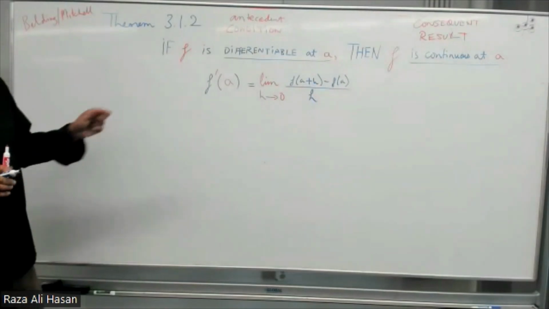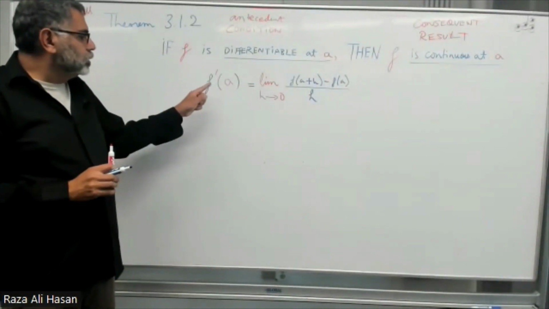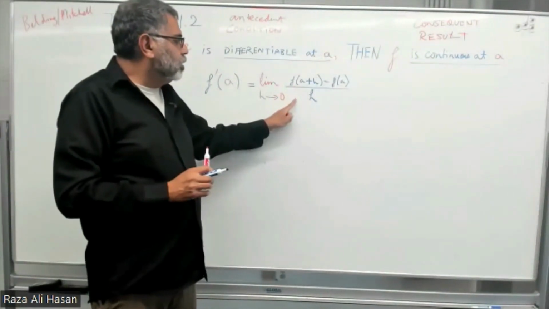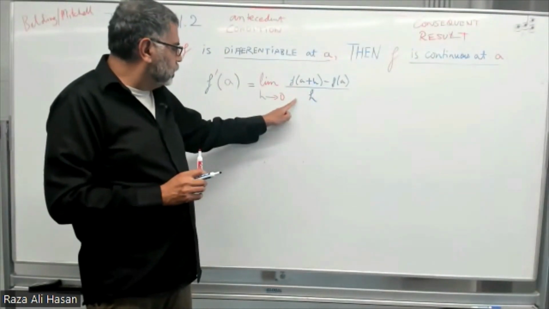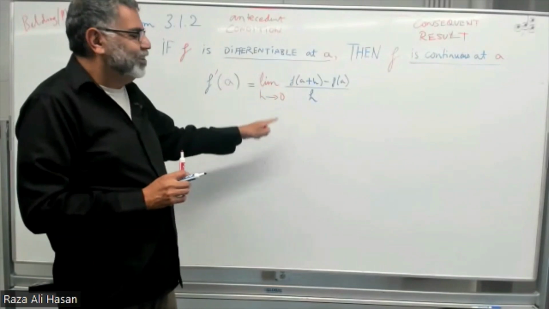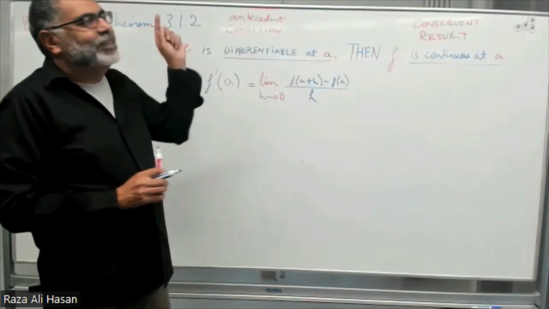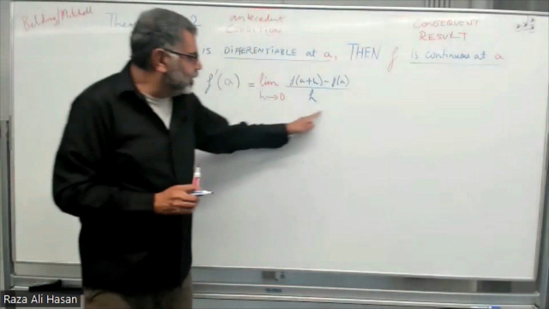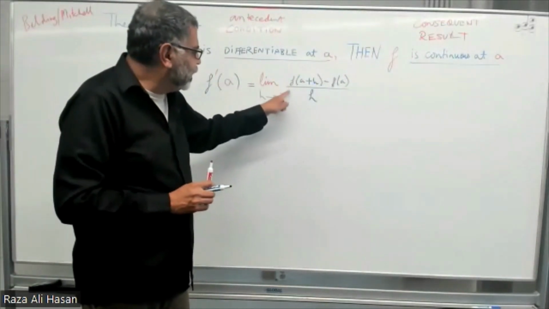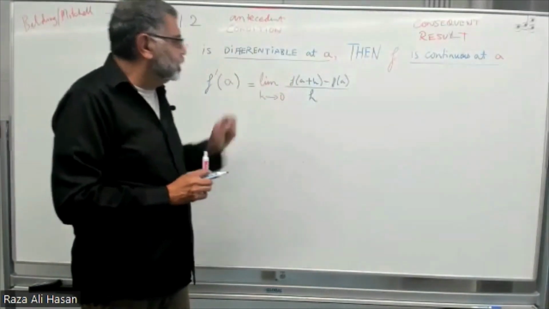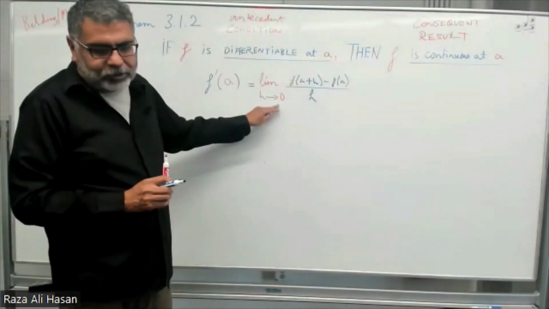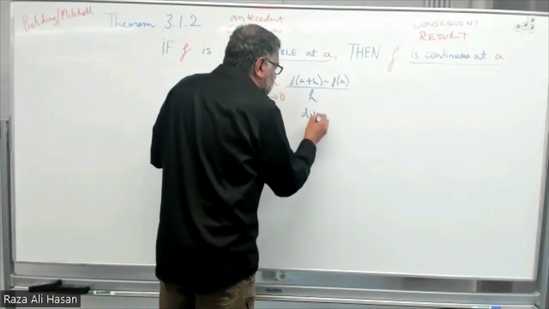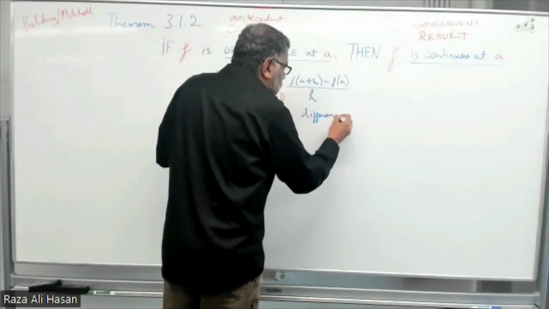Sorry, the definition of the derivative is when you take the limit of the difference quotient. This is the difference quotient,